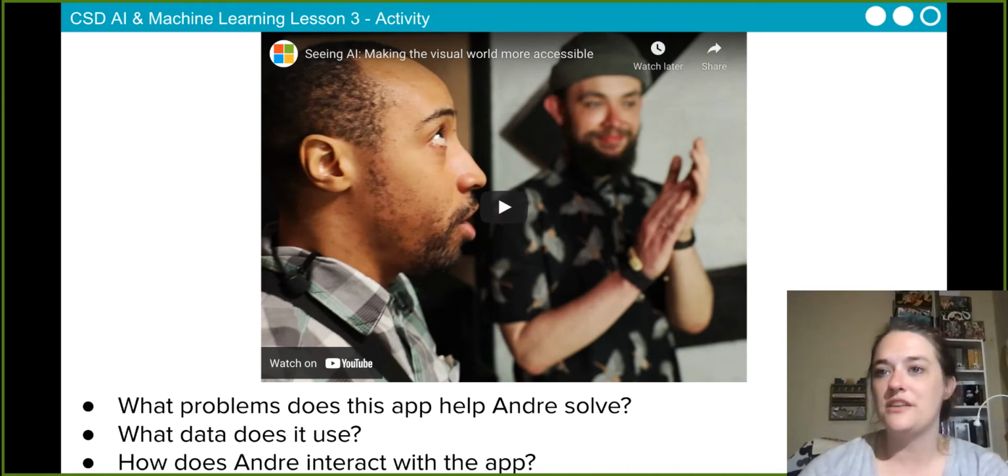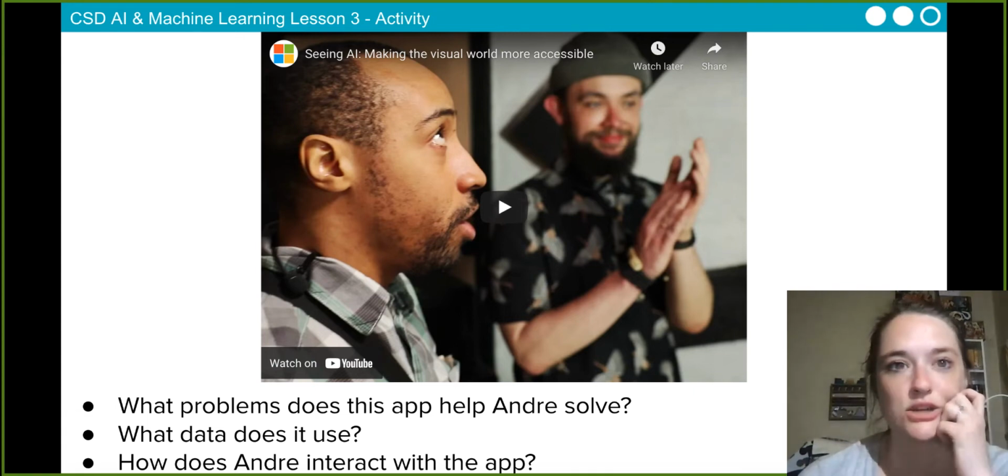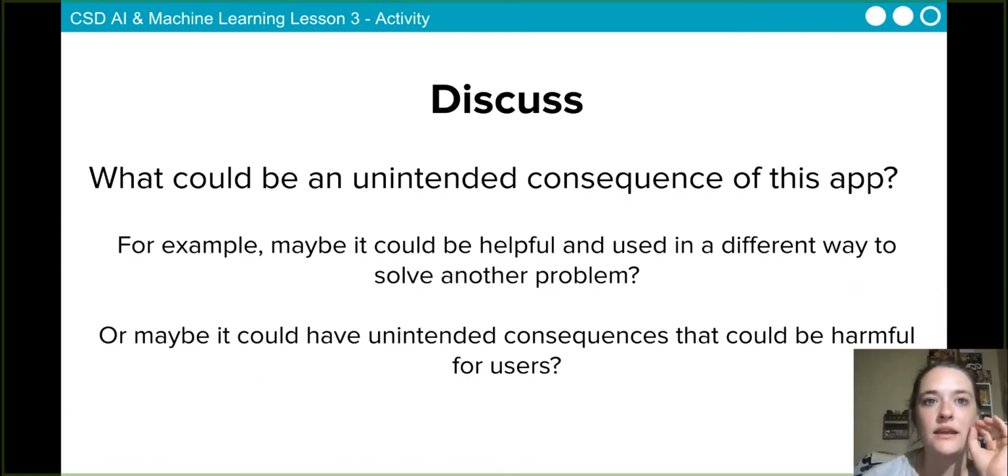I also want you to think about this though. And I want you to answer this on the discussion board. What could be an unintended consequence of this app? For example, maybe it could be helpful and used in a different way to solve another problem, or maybe it could have unintended consequences that could be harmful for users. So,